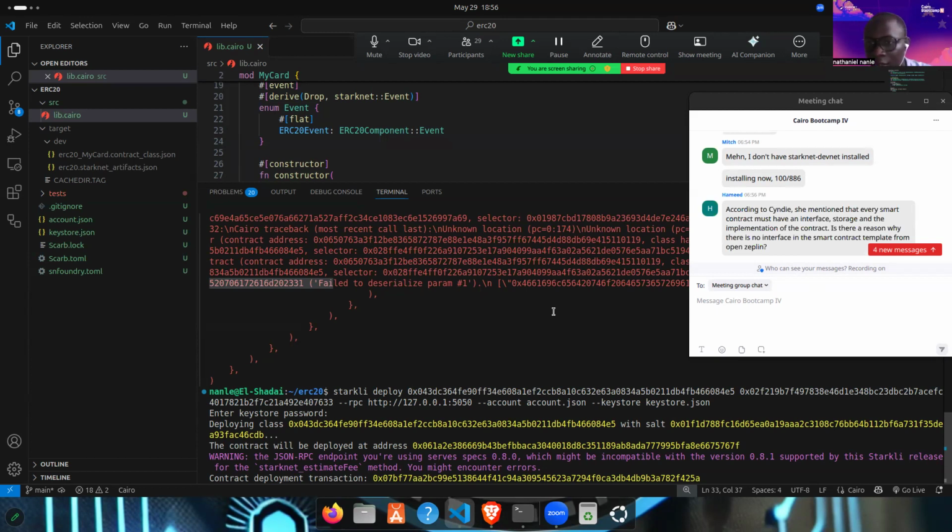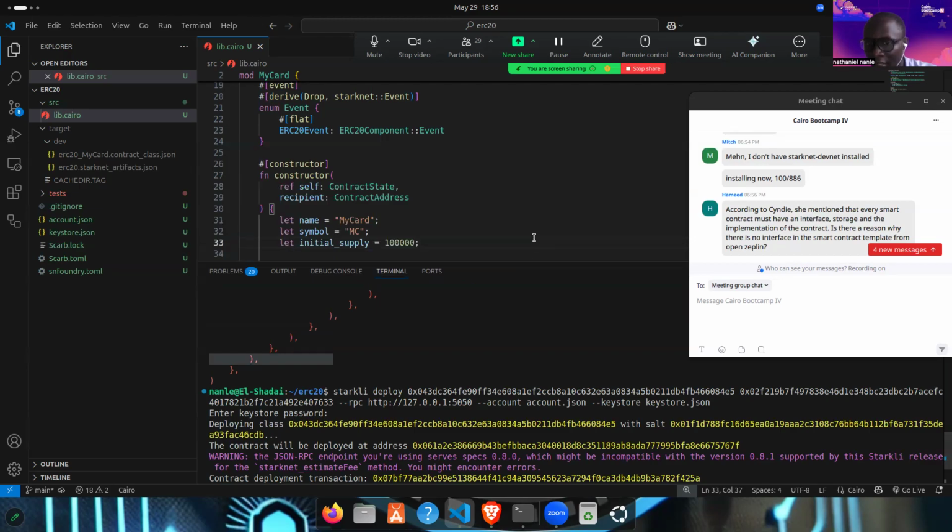According to CP, yes, she mentioned that every smart contract must have an interface, storage, and implementation of the contract. Is there a reason why there is no interface in smart contract? Okay, yeah. So when she was explaining this, she did not explain, or rather, I believe the concept of Open Zeppelin